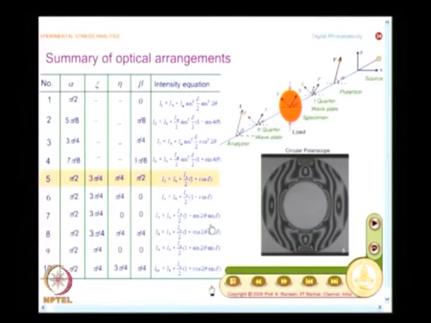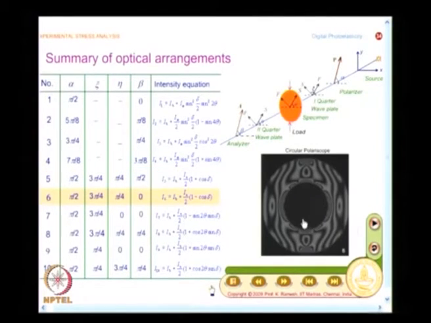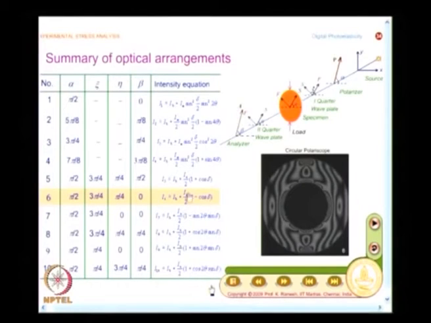And let us look at the second arrangement in the circular polariscope. This is your conventional dark field. So, in a normal polariscope, in conventional method, we will only record the dark field or a bright field. We will not record any other patterns, because we are tuned only to looking at fringe pattern. Here you are recording only intensity data, and the focus here is I need to get these intensity equations in a form which is convenient for me to evaluate theta and delta. That is the focus.